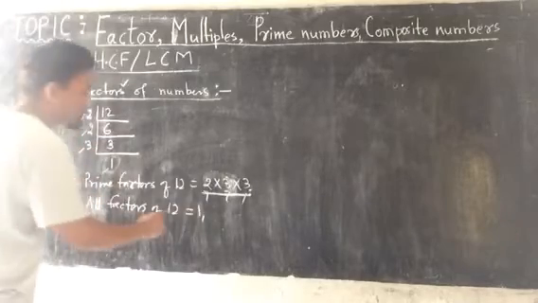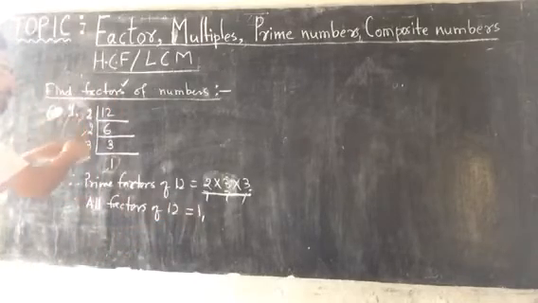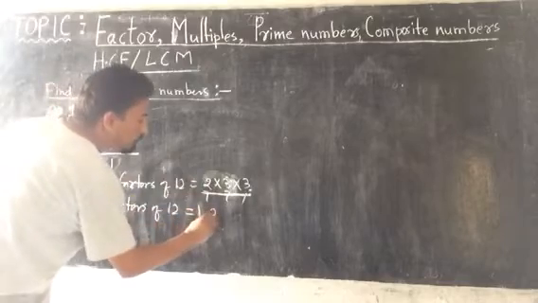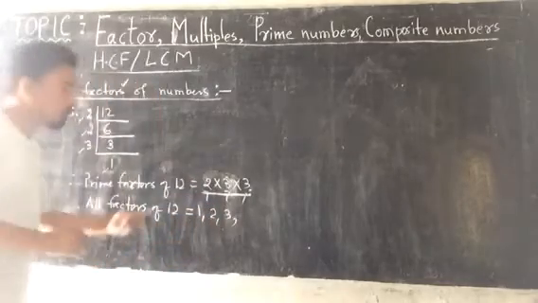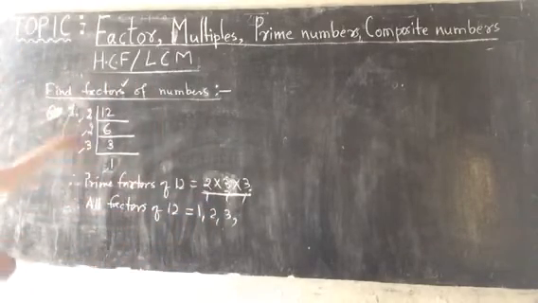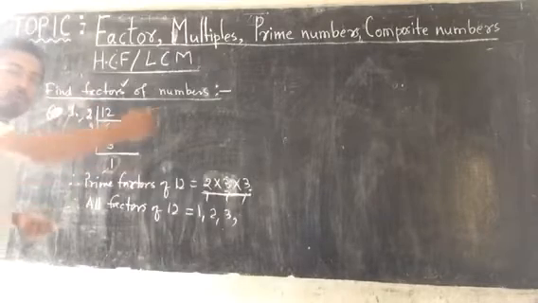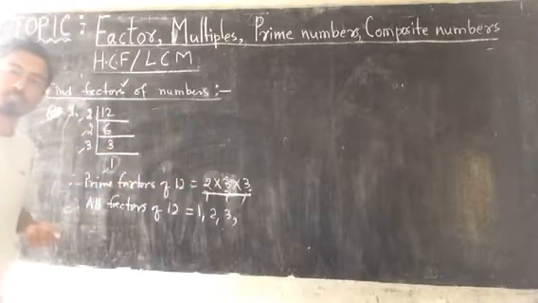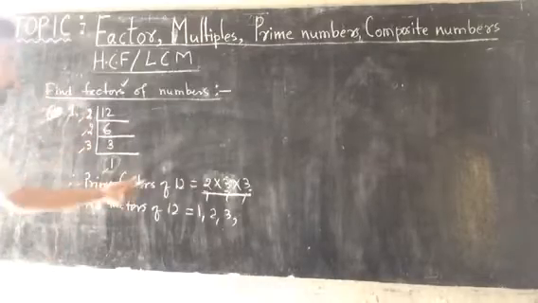Now, you write all these factors. But you don't have to write the same digit 2 times. All factors you have to write: 1, 2 and 3. How many factors are there? 1 and 2 and 3. As you are writing all the factors, no need to write in the form of multiplication also. Okay? So, you just write 1, 2, 3.